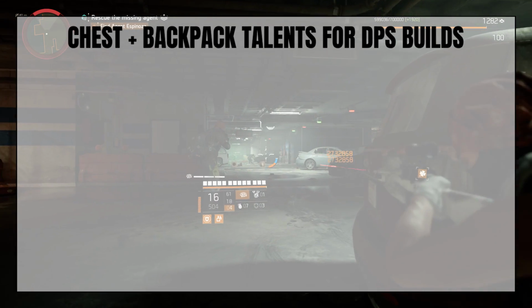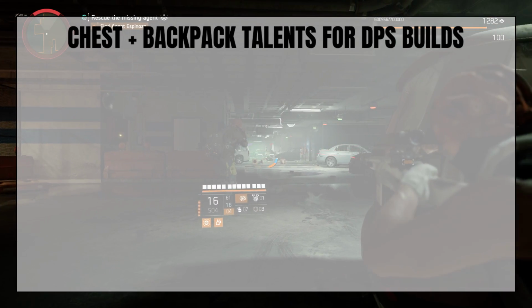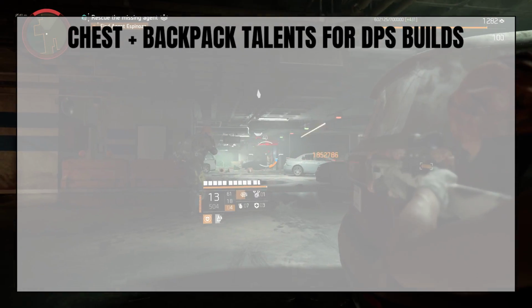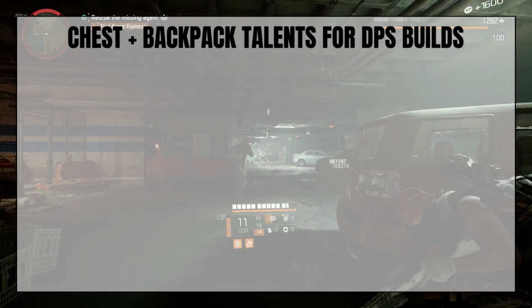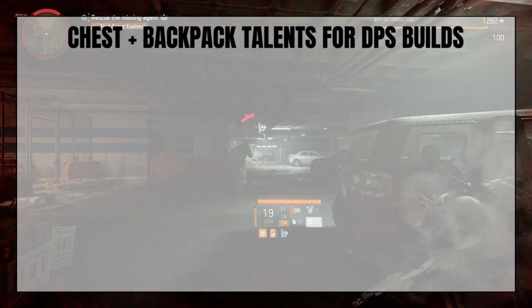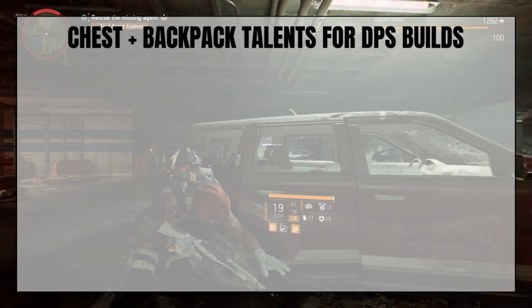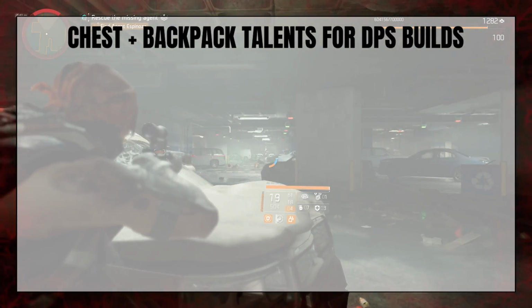Once you have decided on the 6 gear pieces and attributes that you want to farm for, you then need to decide on what 2 talents you want to use on your chest piece and backpack. These talents can be what make the build what it is, and I'm now going to show you what talents I believe go well for DPS builds. On the chest piece, there are 10 talents that I like the sound of for DPS builds, so I'll just